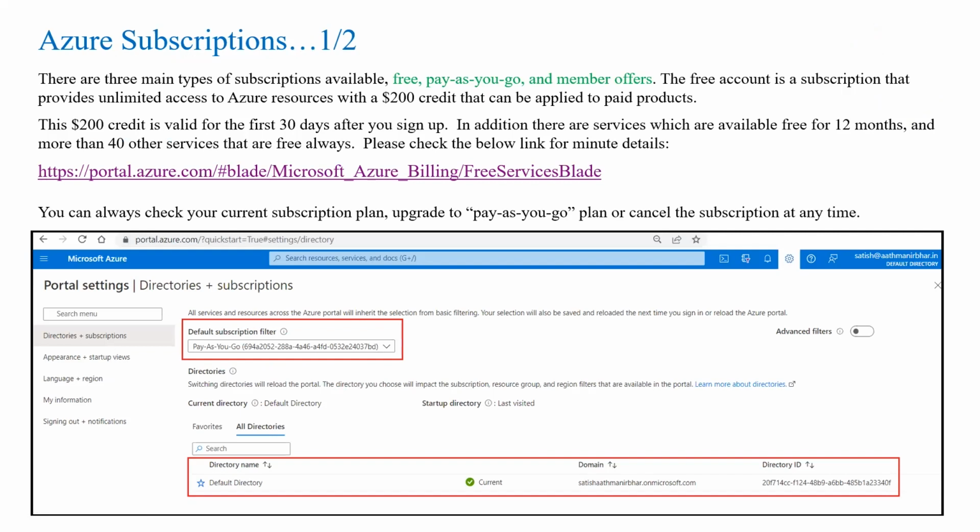The free account is the initial subscription that provides unlimited access to Azure resources with a $200 credit that can be applied to paid products. That means the moment you create an Azure account, you will get a $200 credit, which will be worth about 13,400 to 14,000 INR. And as and when you start consuming or using the resources, this amount will be getting